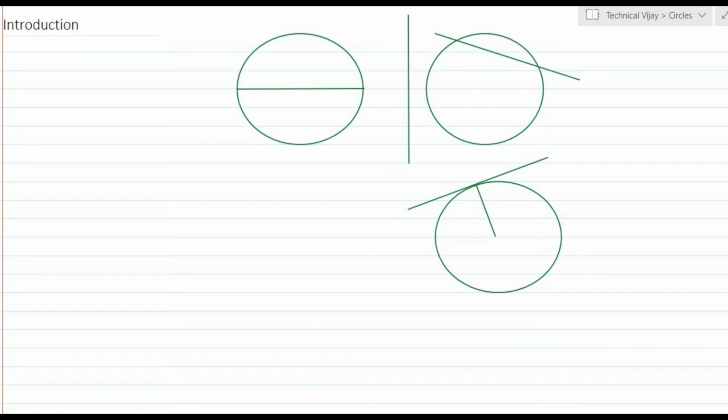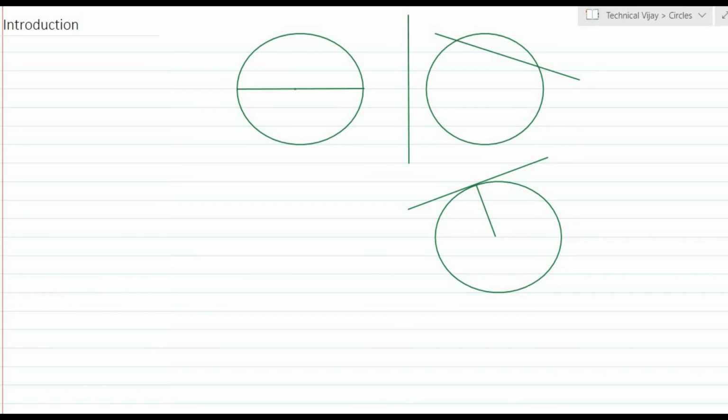So here you see, this is a circle. In this circle there are points, like this, there are so many points. The collection of all these points in the same plane which are at a constant distance from this point to here, from this point to this point, it is constant for all the points. So it will be called a circle.